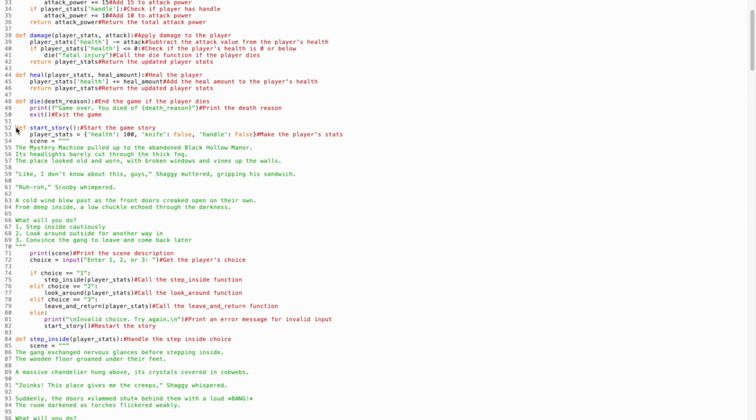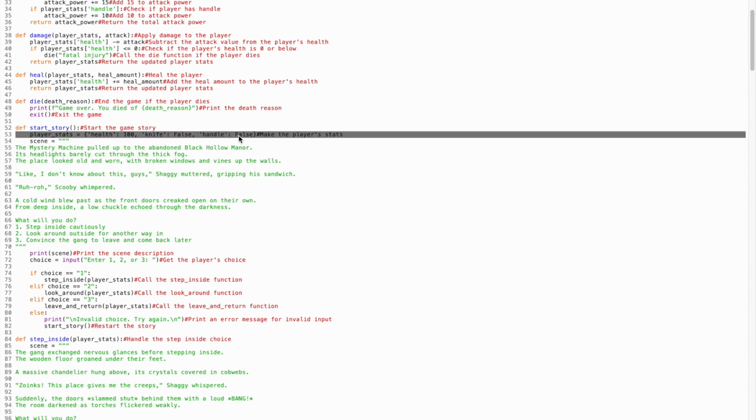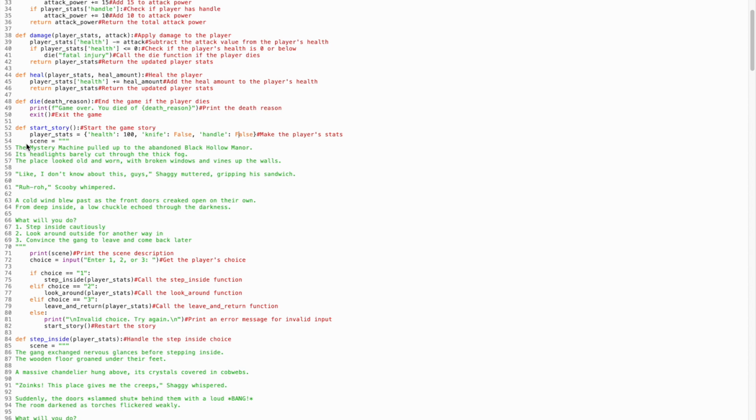And then here is where we get into our story. Every single chunk of the story is basically a function, and then it goes to a different function, as you can see over here. I'll explain the rest later. But basically, we start the story. So when you hit start story, you'll just go. And then we set our player stats, which is health to 100, knife to false, and handle to false because we don't have any of these at the beginning. And then scene equals